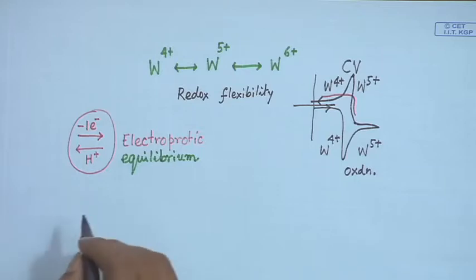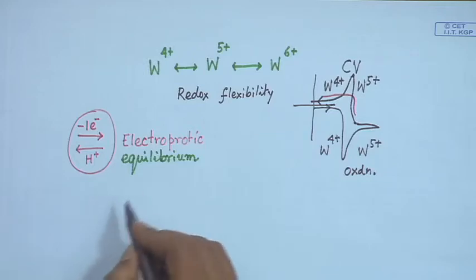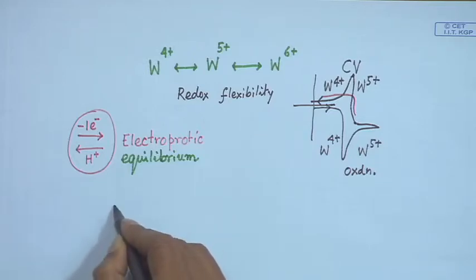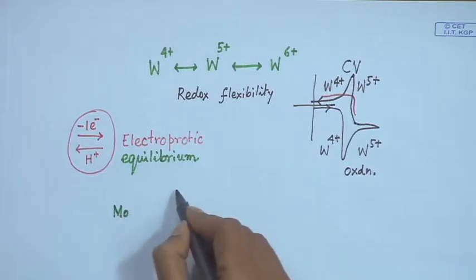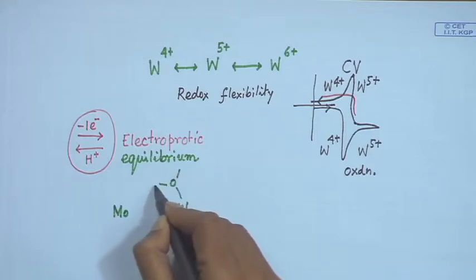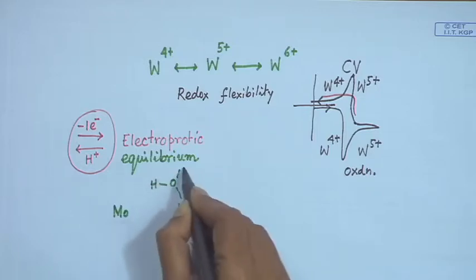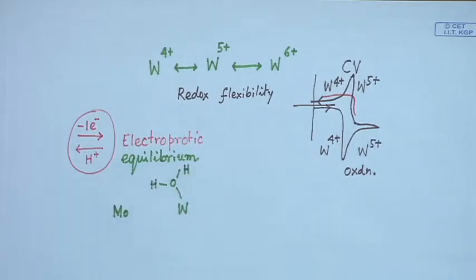And this particular thing is also very much important, not only for the molybdenum center or the tungsten center, because we are basically looking for the corresponding coordination of this molybdenum or tungsten with that of our water molecule. So, it immediately tells us how good these things are for this information,